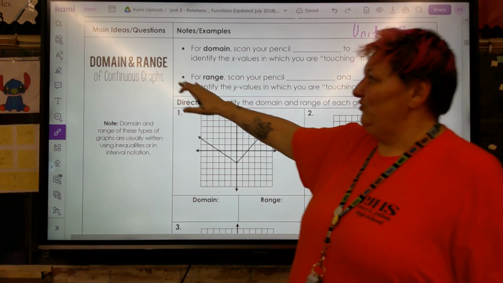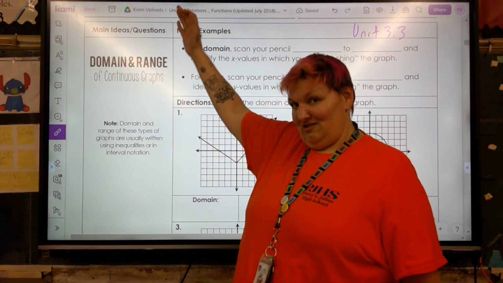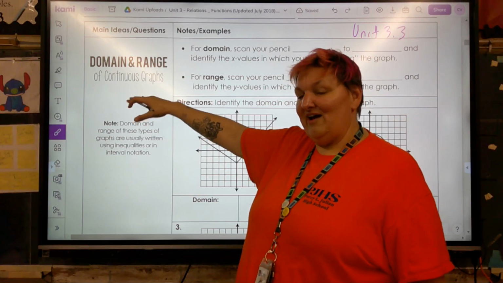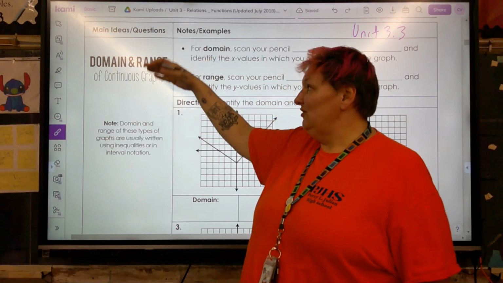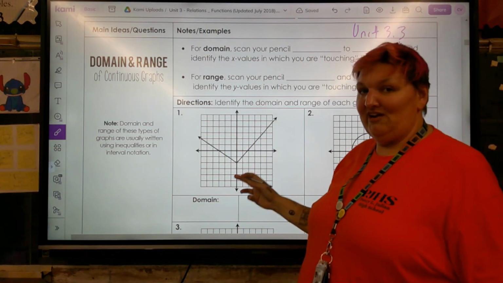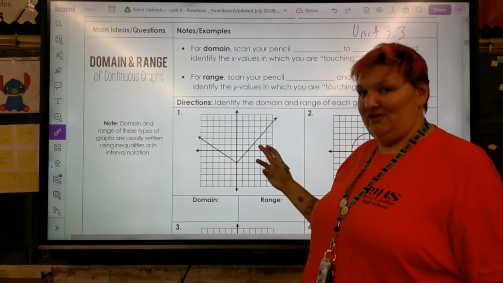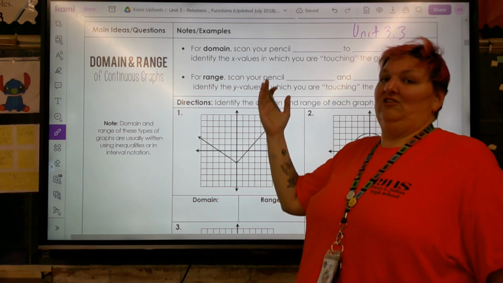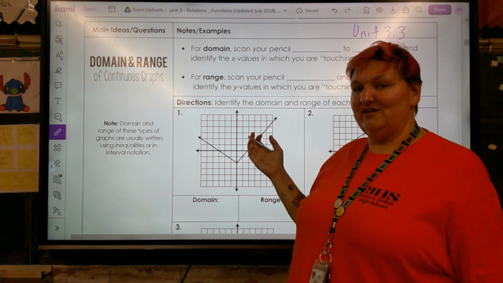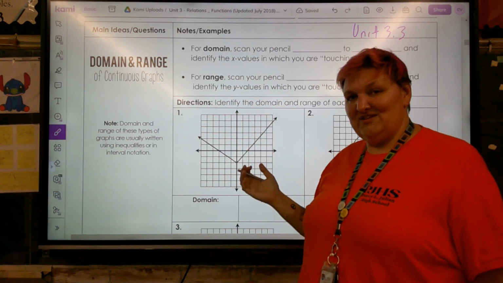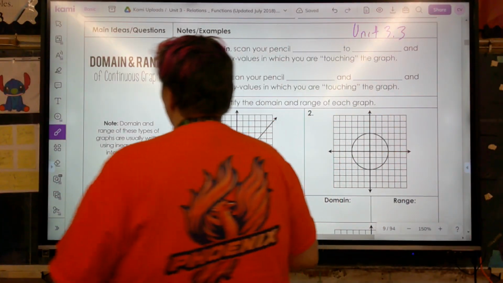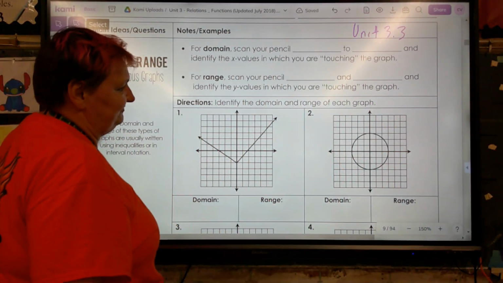All right, we looked at the domain and range in our last video. We looked at continuous graphs in our first video. And now we're going to try to find the domain and range of continuous graphs. In some cases, the domain is all numbers because it goes on forever in every direction. We just have to figure out what the range is, right? So, for domain,